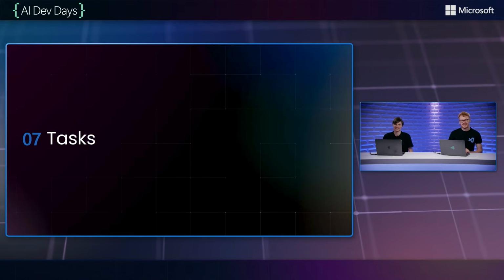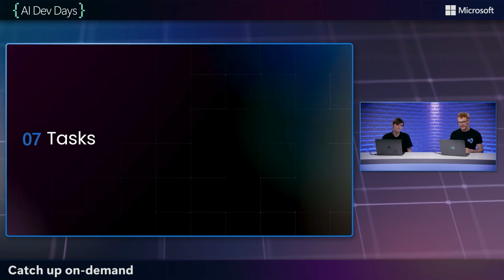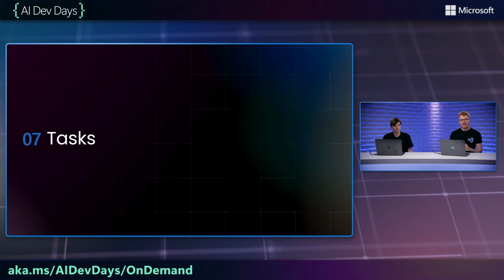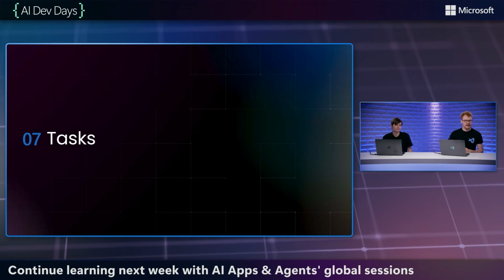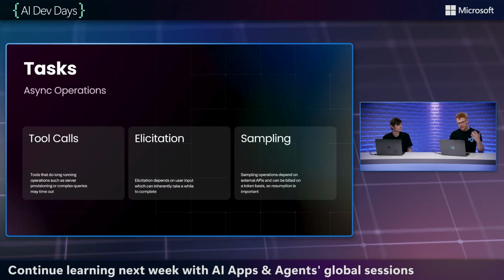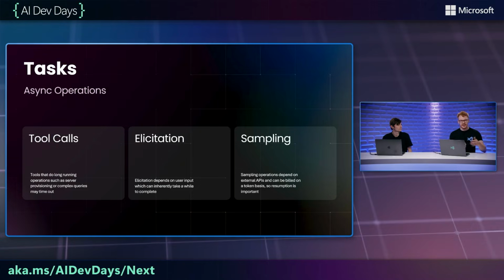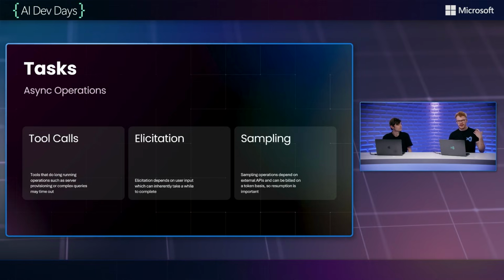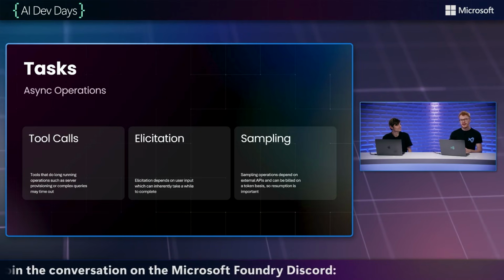So the next big thing, which was a major push, and actually took I think 5 or 6 different versions before MCP landed on what came out as tasks. There are a few things in MCP that can take a while. Some of those are obviously tool calls, like a tool call that says provision a VM for me, which could take a few minutes. Or elicitation scenarios where you're asking a user for input, and they're off making coffee or something and it takes a few minutes. Or sampling,